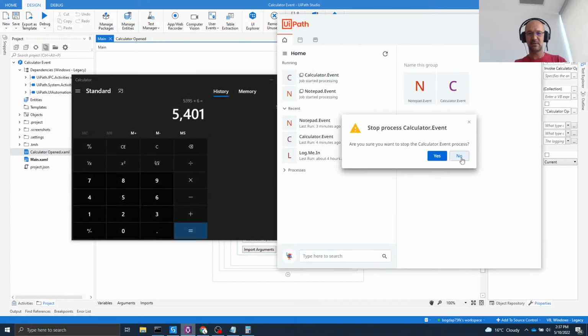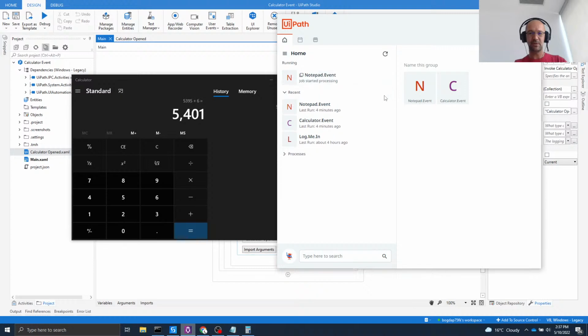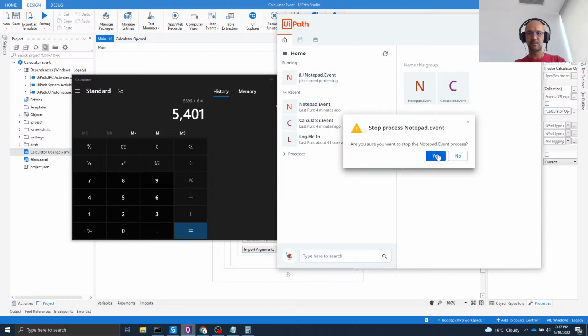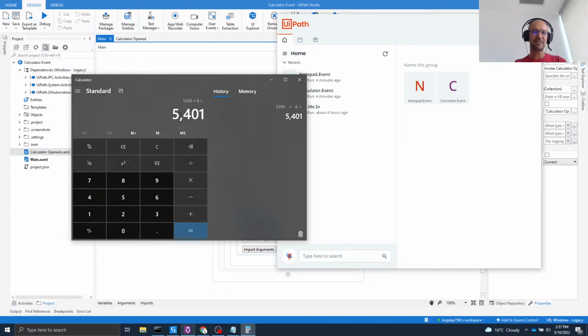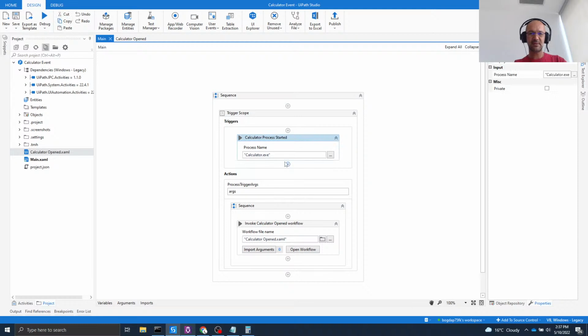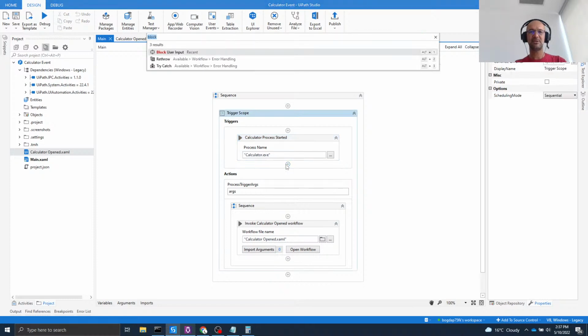Let's stop this because it might interfere with us. Okay. How do we achieve that? Well, we have this element here, and I want to be triggered whenever the value changes here. So for that, I will use another trigger. I have this trigger here whenever the calculator process starts, but I will actually use another trigger,